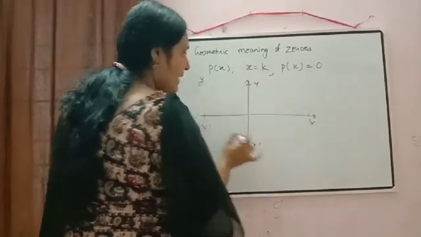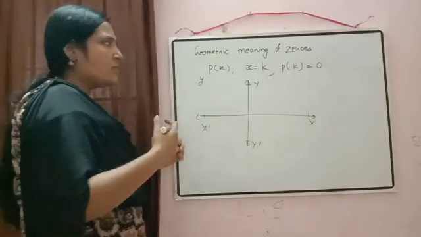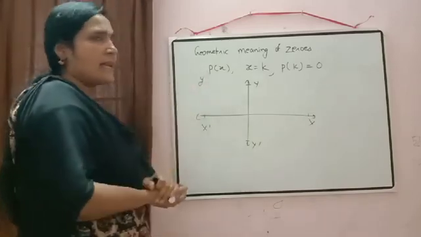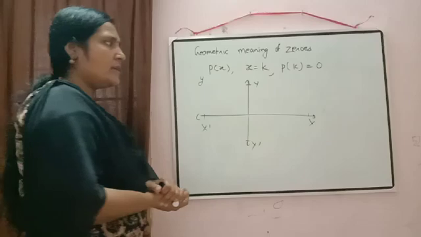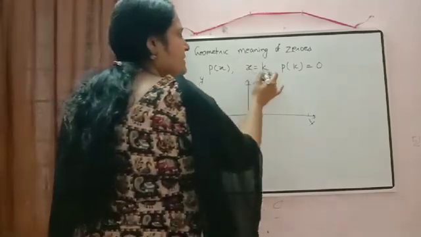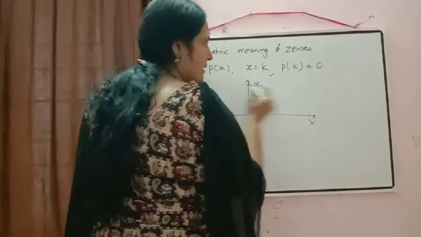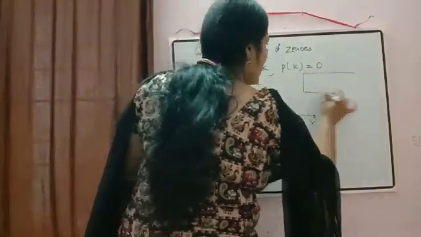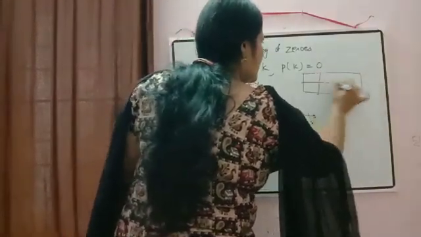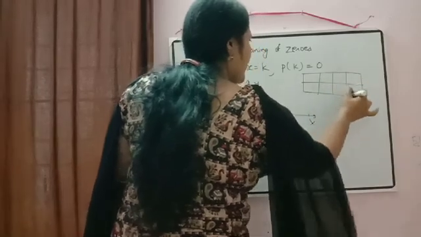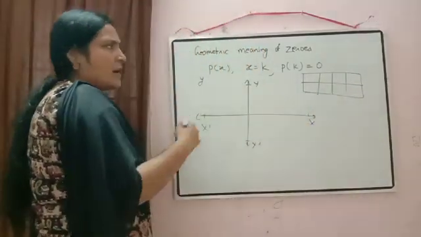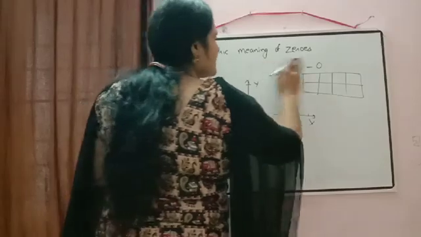The value of x we will take on the x-axis, and the value of P of x we will consider as y-axis there. So here what we are saying is, if x is equal to k, we are getting P of x, that is y. So in this way, if you draw the graph, I am just taking any value at present. Or if you want, I can give some example there.